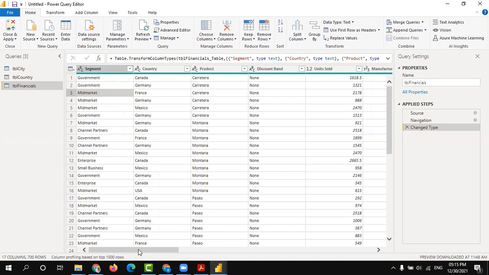But in this file, we have fewer columns, so manually we can. If it is a huge file with multiple columns, are there any other ways to change the data types? Yes. Nowadays Power BI has a lot of artificial intelligence built into the application. So 99% it will identify, but it is a good practice to go through each column and check the data types whether it is identified or not.